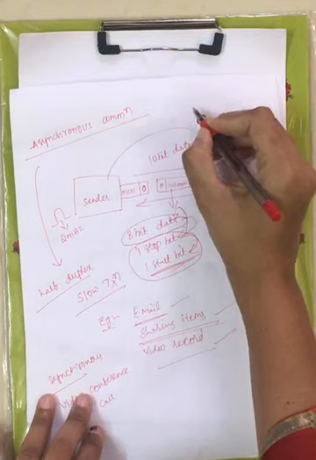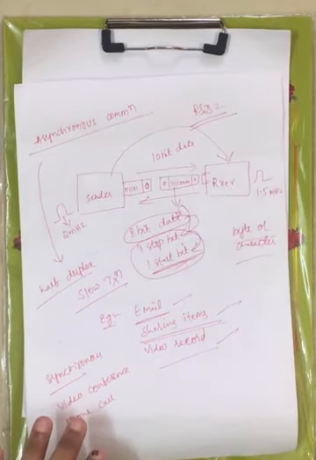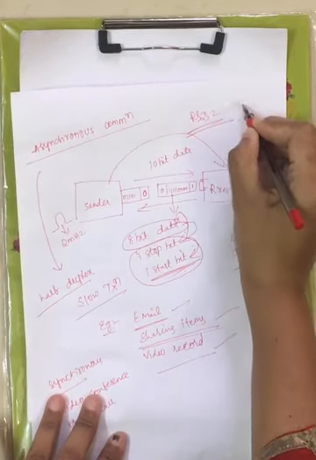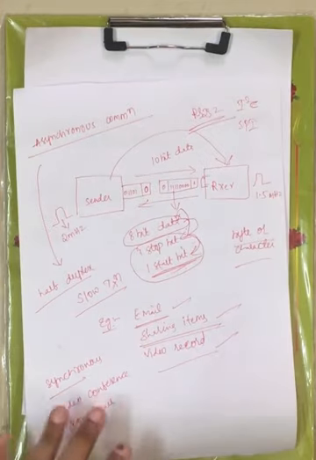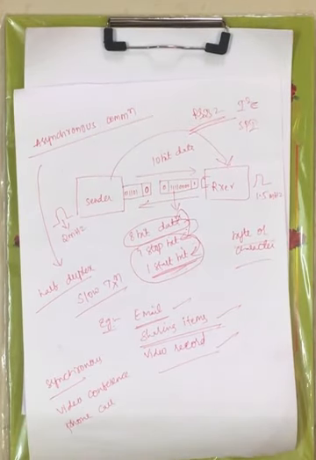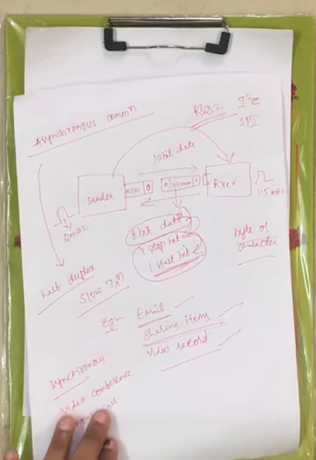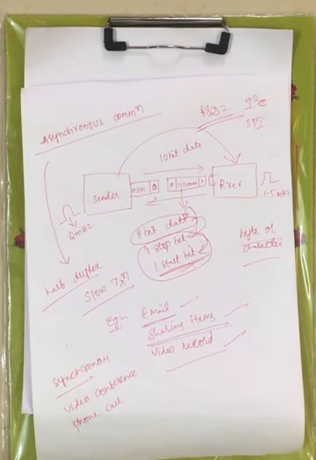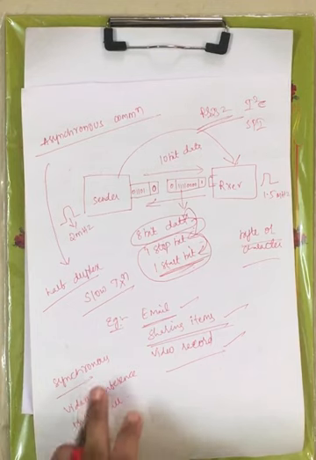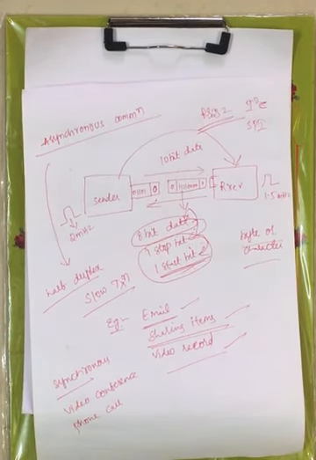In the next lecture we will see RS-232. After that we will see I2C and SPI. All these are serial communication protocols. We will see them one by one. In the next lecture we will see the serial communication protocol RS-232. Here ends the topic of synchronous communication and asynchronous communication.